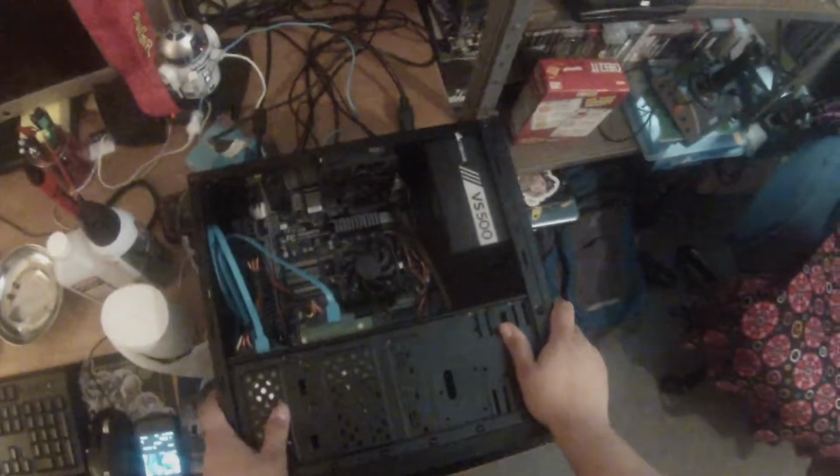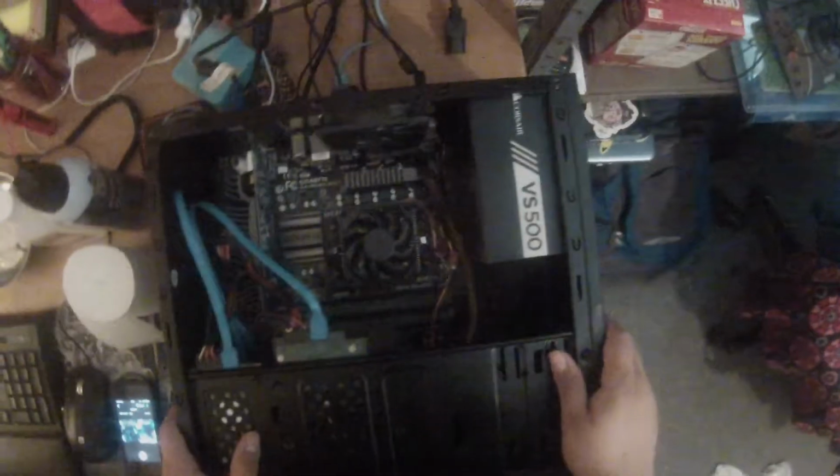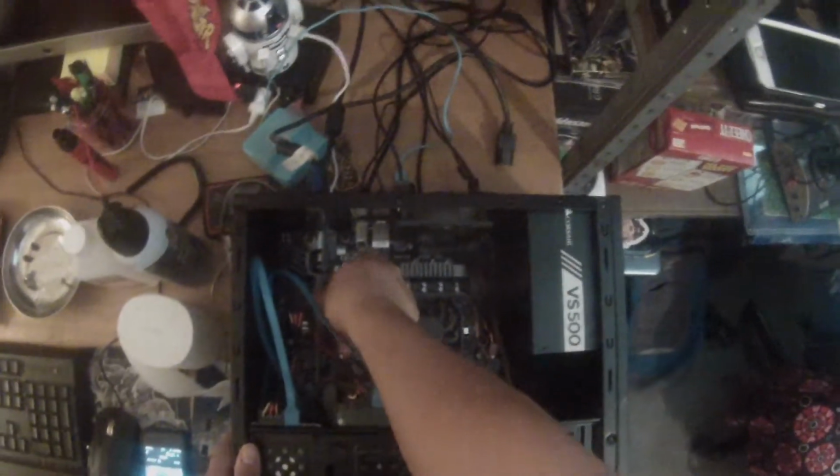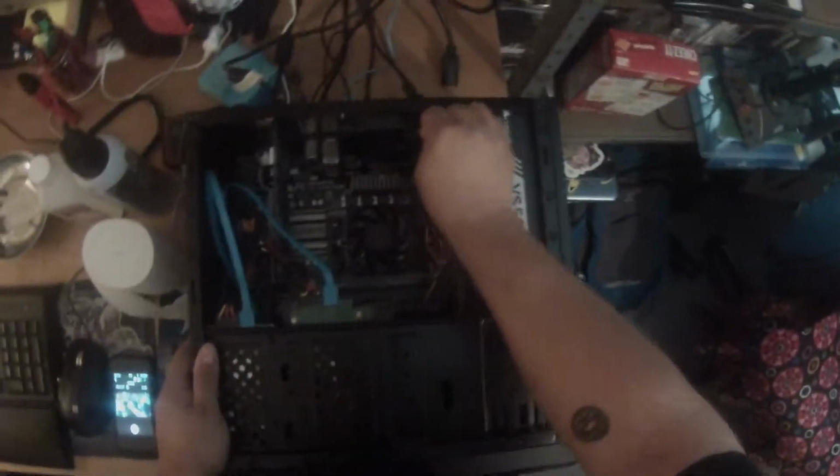The S500 seems to be okay. Graphics card looks okay. I mean, while I got this open, I'll check everything. Everything's on there good and tight. Okay, I guess we'll... No, instead of doing it that way, let's go ahead and...